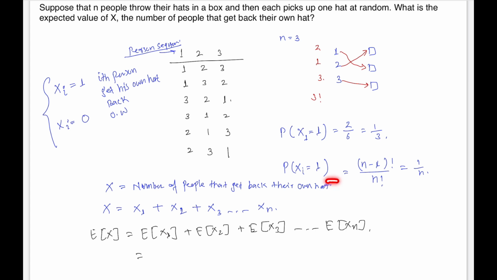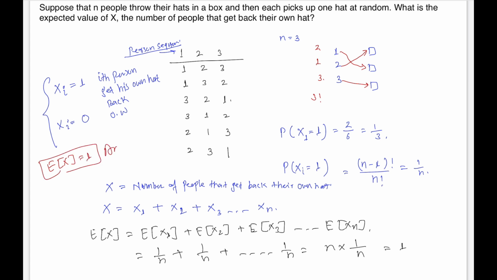And just now we have found that this probability is 1 divided by n, plus again the expectation would be nothing but the probability that the second person gets his own hat back, which is again 1 divided by n, and similarly we have n such terms, so that will be n into 1 divided by n, that would be 1, right? So what's the expectation of this random variable x? That is 1. So this is the answer to your question,